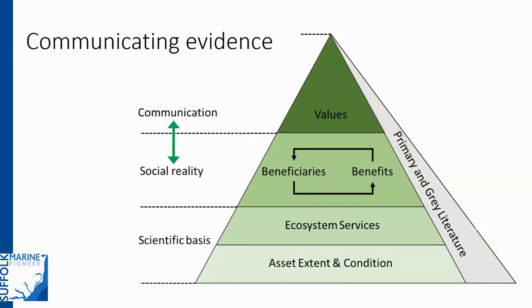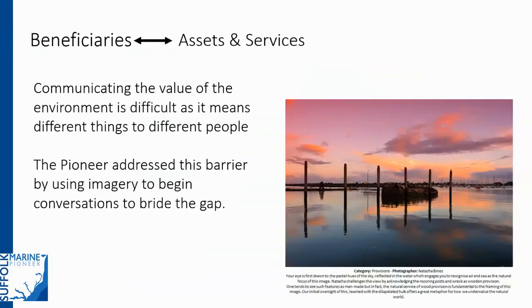Okay, so that's that communication side of things. Just again briefly looking at the question of breaking down the communication barrier between the social reality and the scientific understanding. Now, it's necessary to engage quite a wide audience with this idea of natural capital decision-making, the natural capital approach, especially if we're looking at place-based decision-making, because regardless of what habitat you're looking at, you are